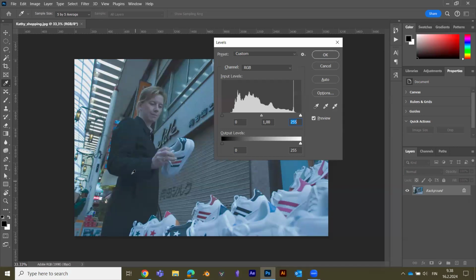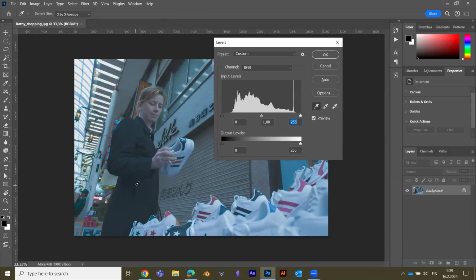So once I know this, that the black spot is nicely in the pocket and the white spot is on the heel of this blue tinted sneaker, then I can use these color eyedropper tools to set these points, and then the program will adjust so that the pocket will be the darkest part. I'll take this, set the black point